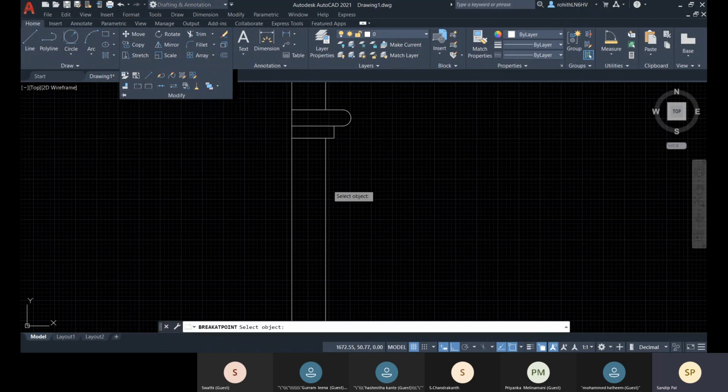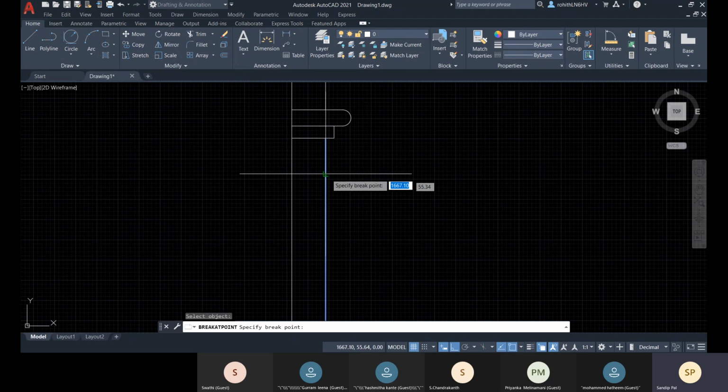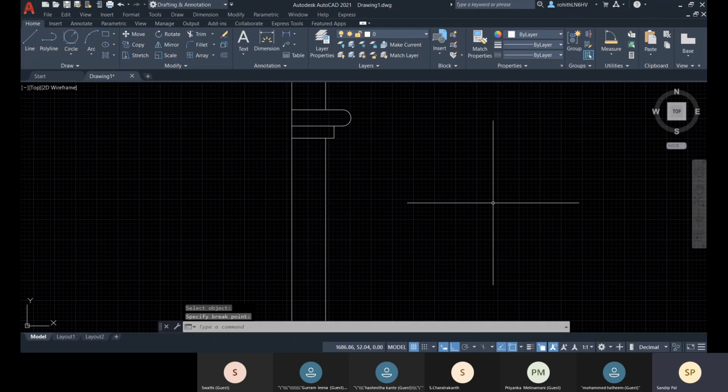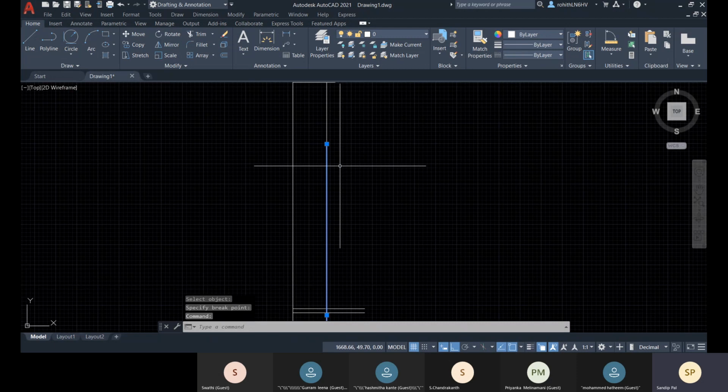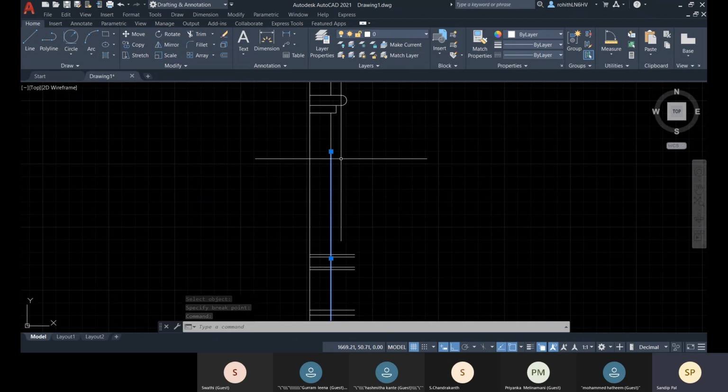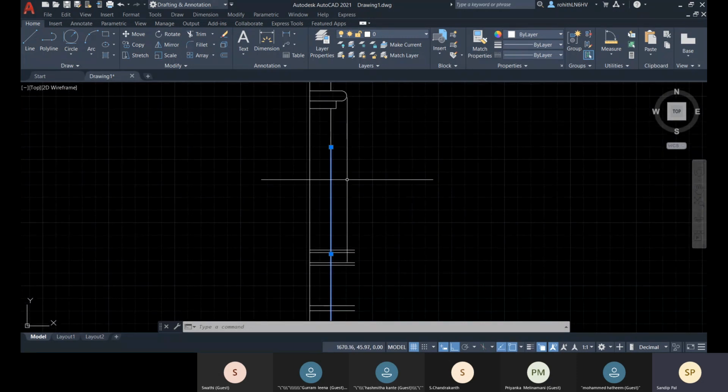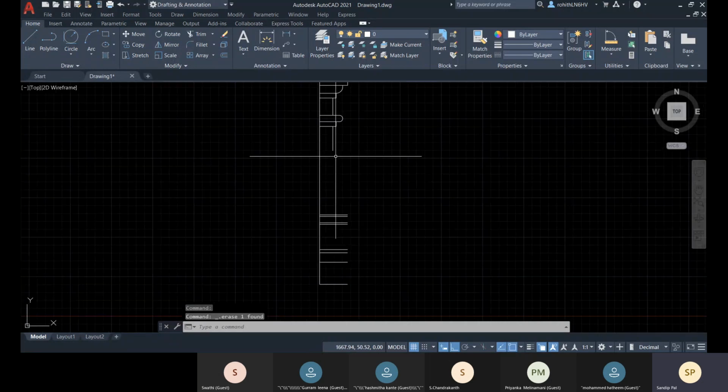So let's go with this break, and here let me select it. After selecting your object, you can specify the breakpoint. So let me specify this as a breakpoint. So here you see that this total single line is divided. This is at the breakpoint, and let me delete this part here.